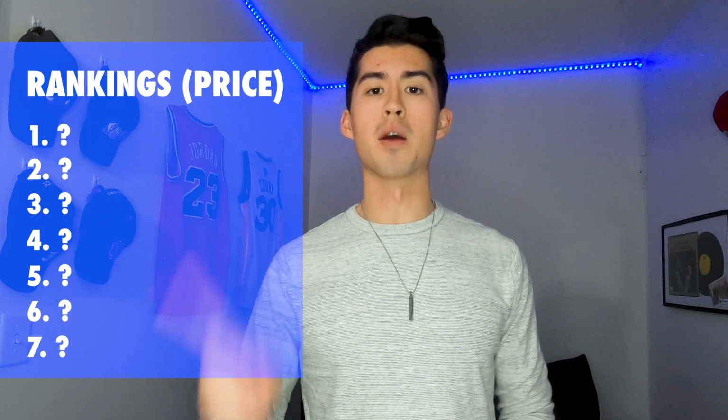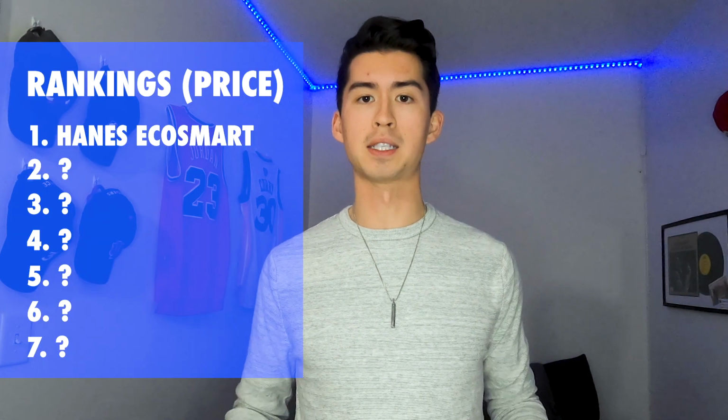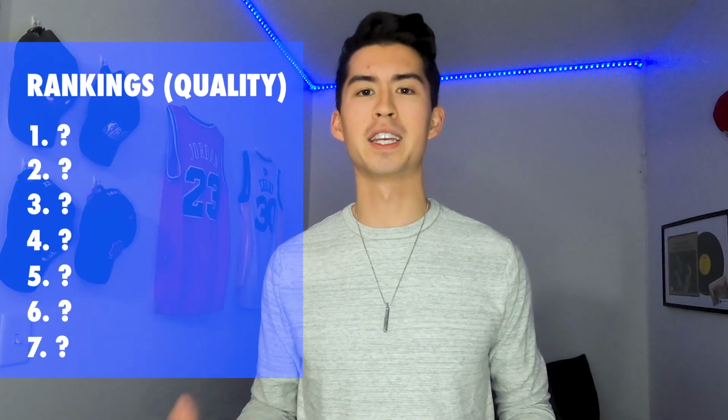For price, these are around $12, and these are definitely the cheapest pair out of the 7 you are going to see today. So I'll give them the number one ranking for overall price. For quality, I would honestly say they're pretty soft because they are 50% cotton, 50% polyester. I will say though, when I finally put them on, they seemed a little thin as opposed to the thicker pair of sweatpants that I'm usually used to. So if you live somewhere cold like I do in Chicago, then I honestly don't think that these sweatpants will really keep you warm. Because of the really thin, almost generic material, I'm gonna have to rank these 7th for